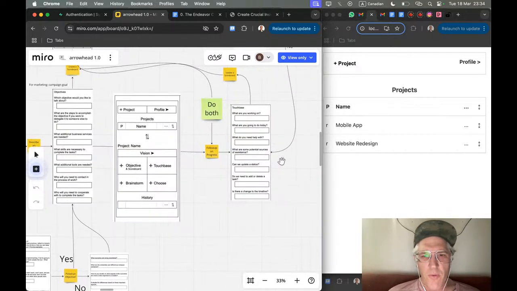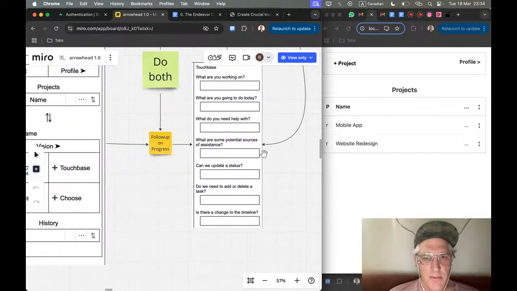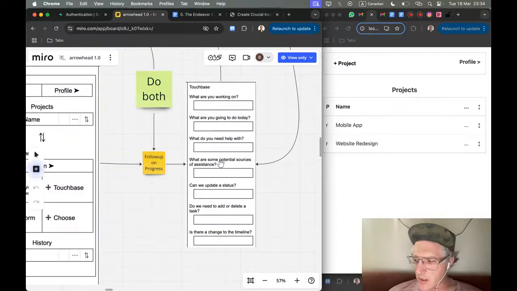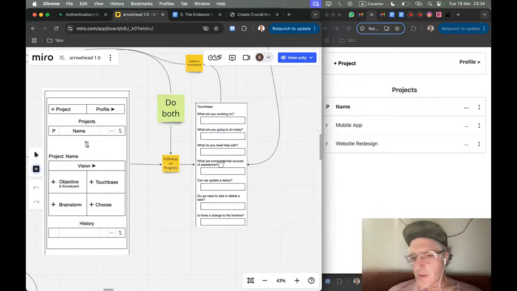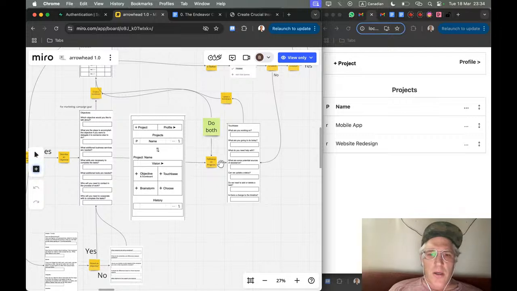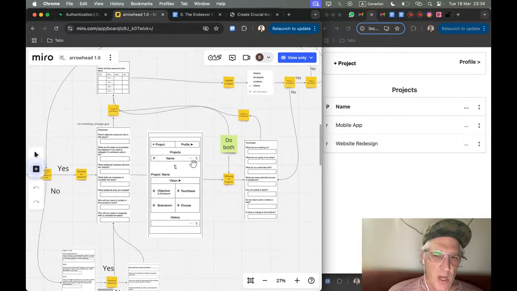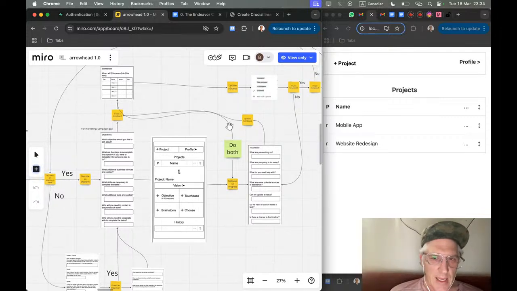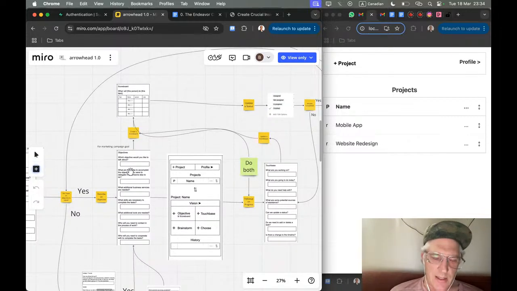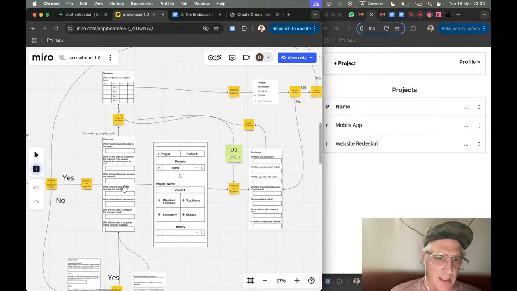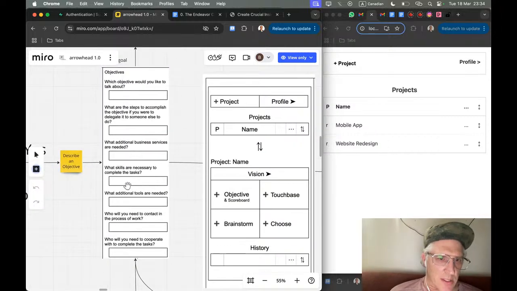I'm not so worried about the performance, because if we're doing this touch base properly, we've got to finish a lot of objectives, and then at some point we're going to be able to start doing some performance evaluation. But I would prefer not to deal with performance evaluation at this level. At this level, we're just trying to get these objectives done. And if they don't have the skill, so in here you can see what skills are necessary